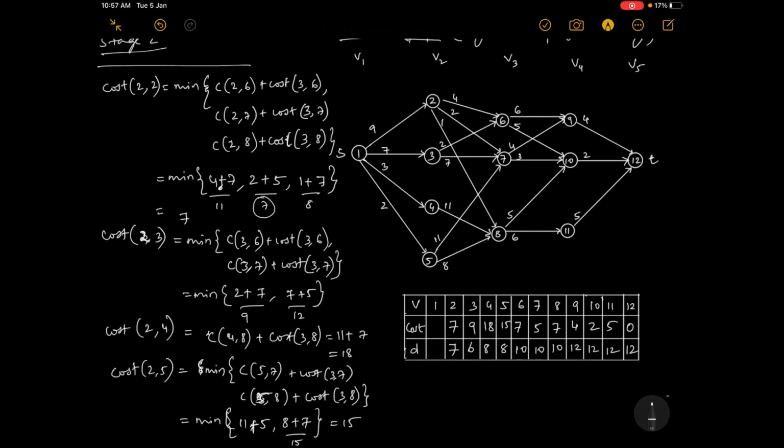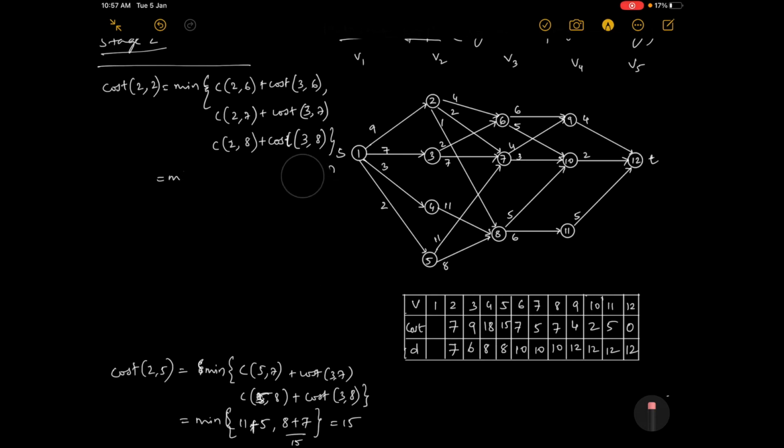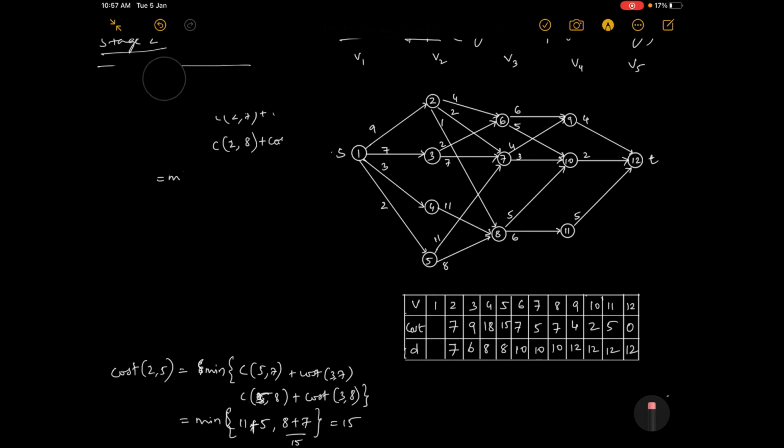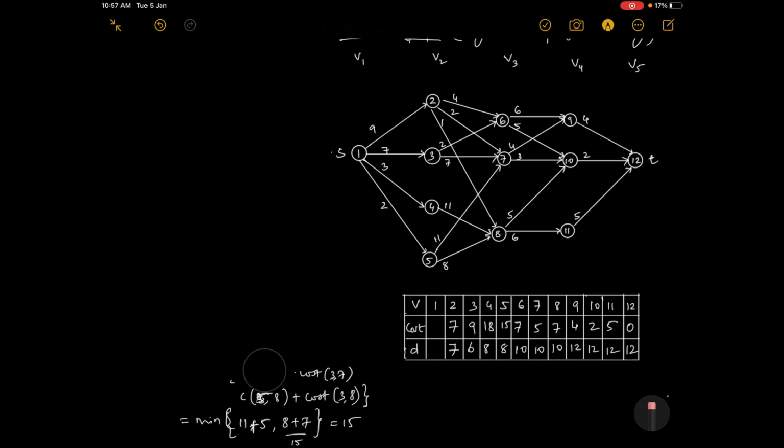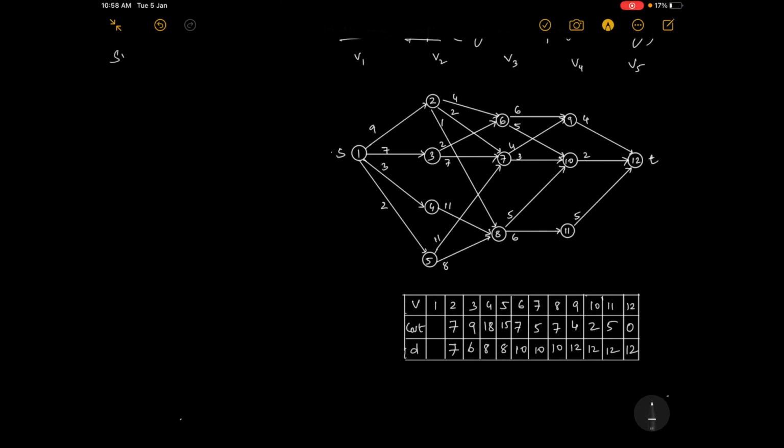Now we have come to the last stage. So I'll again rub it. If you want, you can pause the video here and note down. So stage 1. Stage 1, only one element. Yes, so only one formula. I'll write it here. Okay, cost of stage 1 vertex 1, minimum of